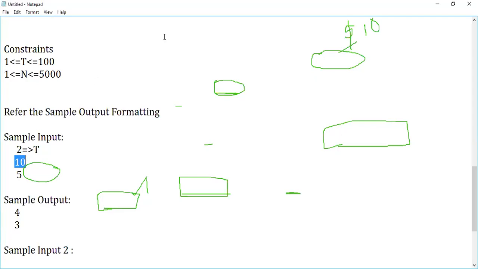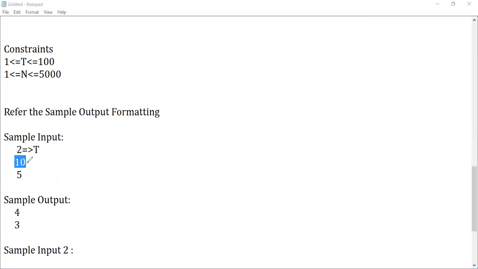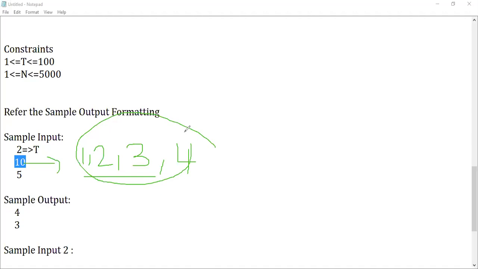If it is 10, you can just think of a 1 rupee coin, 2 rupee coin, 3 rupee coin. Just a minute, let me clear the scribblings, guys. This is for 5 rupees. She's saying that these 3 coins are required. If it is 10, you can just add one more coin, a 4 rupee coin. So if you have only these 4 coins, I can form the amount 10, isn't it?